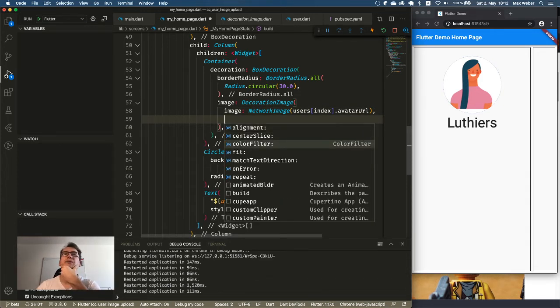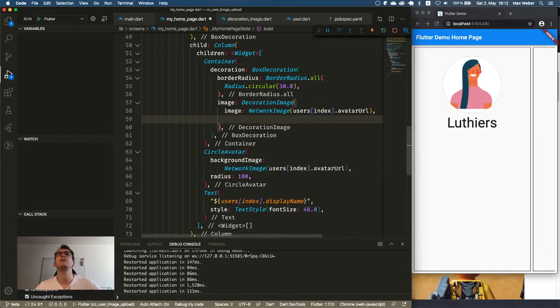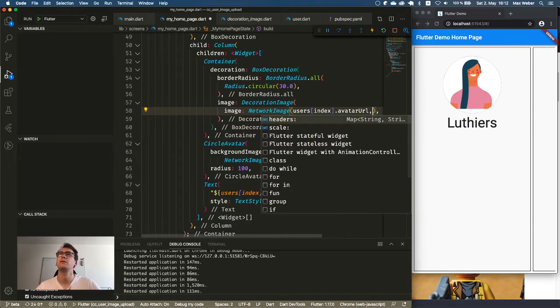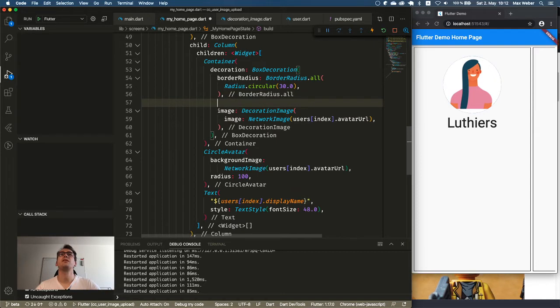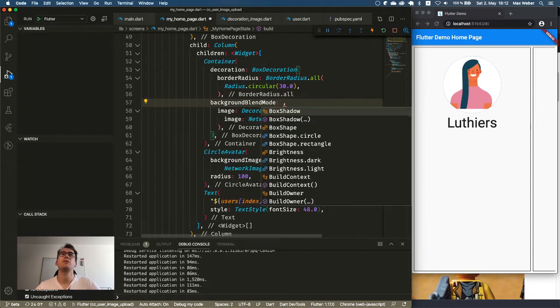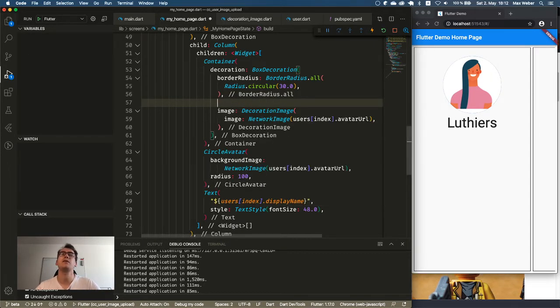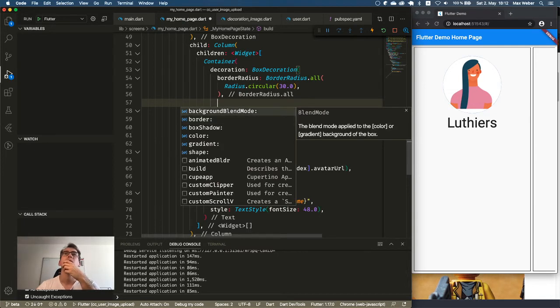We have color filters here. I'm not sure if we have a blend mode on the decoration image, unfortunately. Oh, that would be sad. How could we solve this issue? Do we have a blend mode? We have a background blend mode, but I think that will not help us.